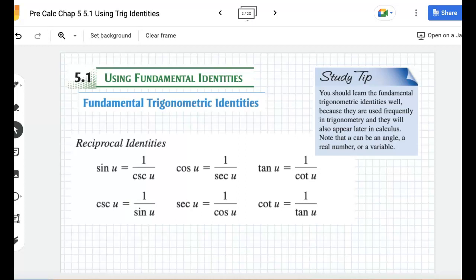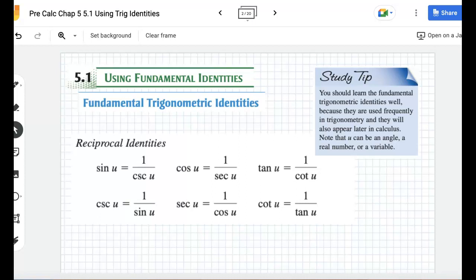So first and foremost, we have reciprocal identities. With that definition out of the way, these ones I think would be the most familiar, because you've seen this in primary trig before, and we've talked about reciprocals, based on the x-coordinate and so on. The reciprocal identities say that all of the primary three ratios, sine, cos, and tan, have something called a reciprocal. The definition of reciprocal in mathematics is 1 divided by that thing. And sine, its reciprocal is cosecant. So what it's saying is, if you have